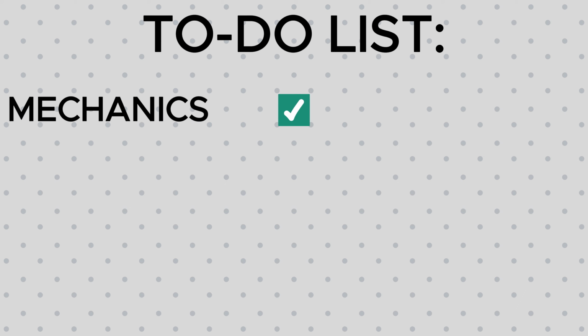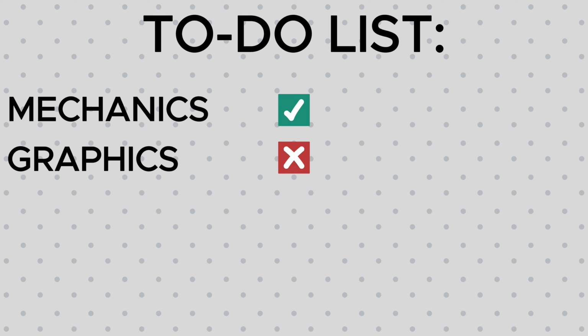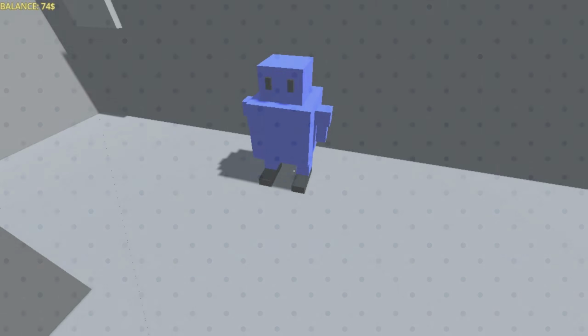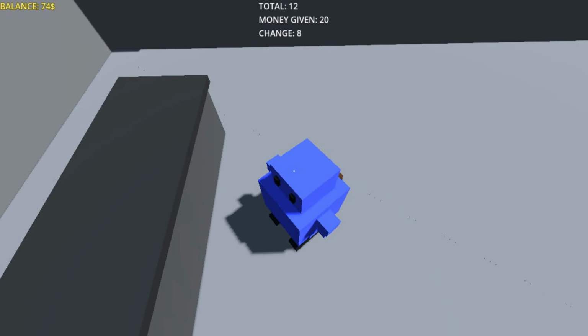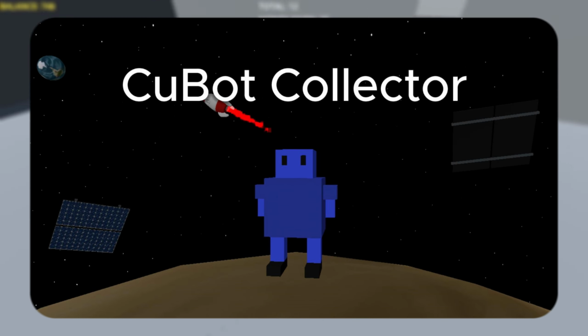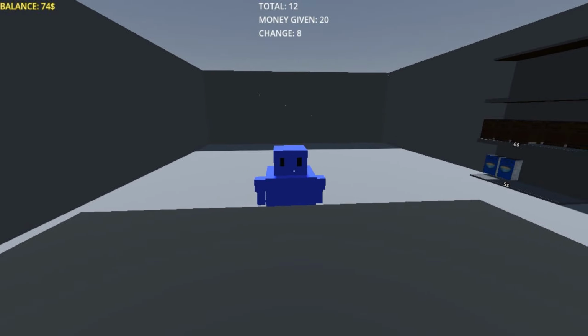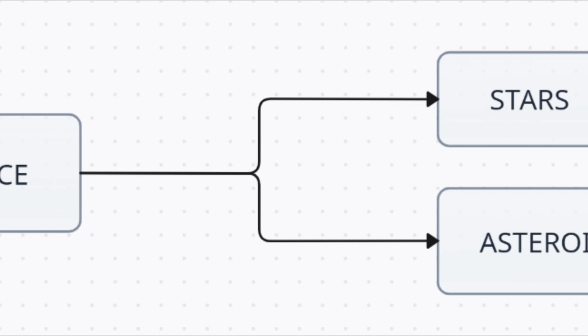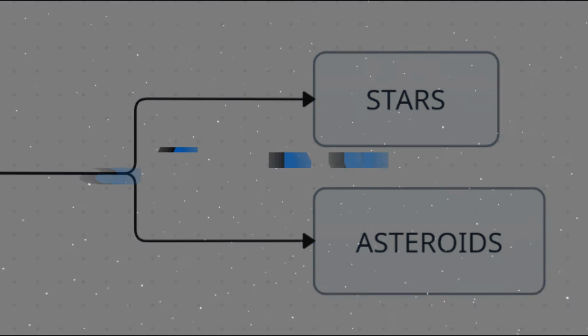So now that I was done with most of the game mechanics, it was time to choose a certain theme for my game and actually start working on the game's design and graphics. And since I already used these little robots from my old game Cubot Collector, I will stick with their theme, which revolves around space, and I will put the supermarket itself inside of space, as if it's a space market